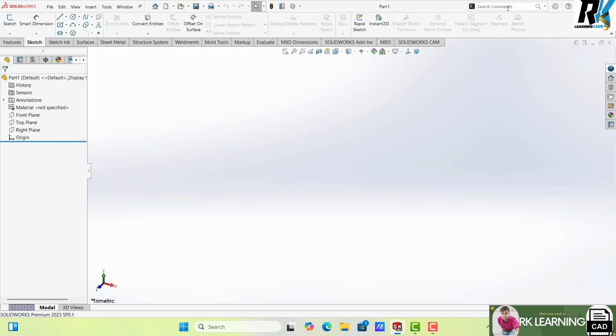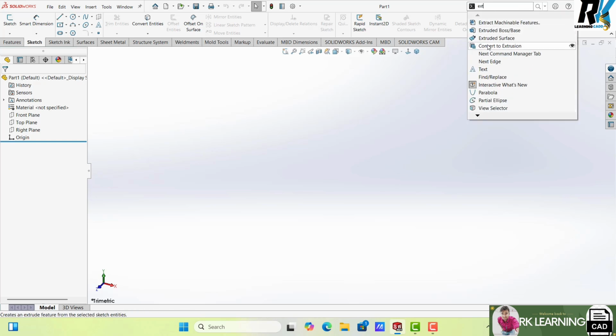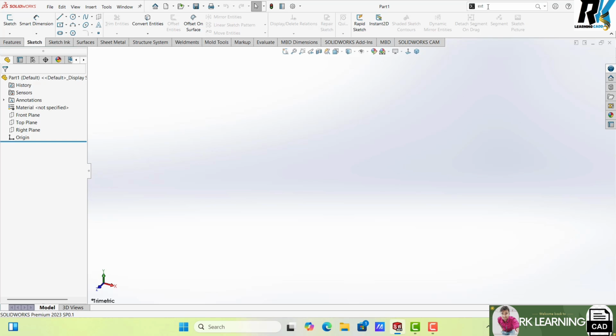After that is the command search bar, so you can search any command. Suppose we type here ext, so you see commands with the name ext available. You can search any command here if you don't find it in this area. After that, you can see this whole area is called the ribbon bar. In this ribbon, this one we call a tab, and the different blocks you see in each tab are called panels. So the ribbon bar has tabs and panels.